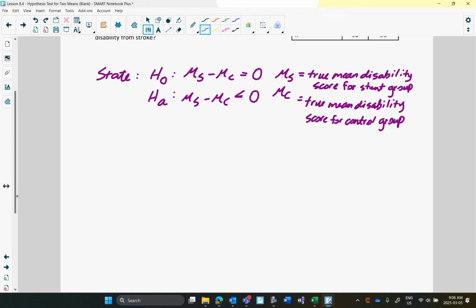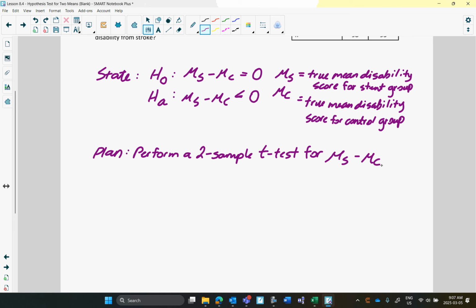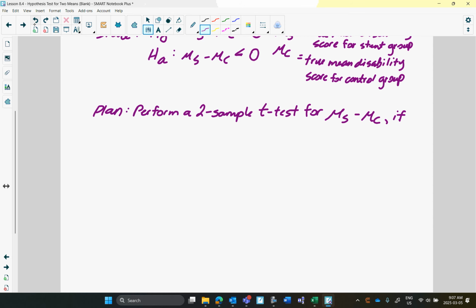Now the plan: how we're doing this. We are going to perform a two-sample t-test for the true mean disability score for the stent group minus the true mean disability score for the control group. Conditions: random, 10%,